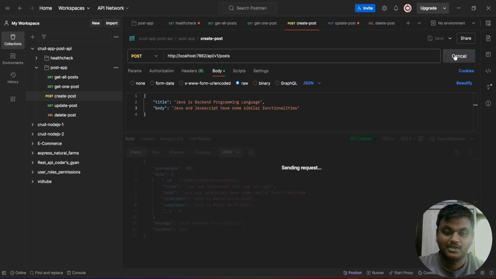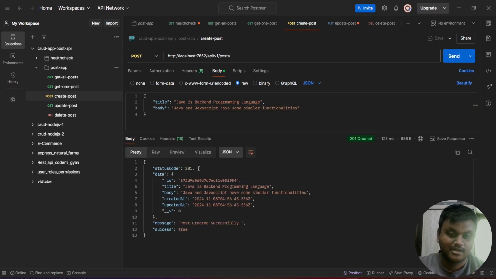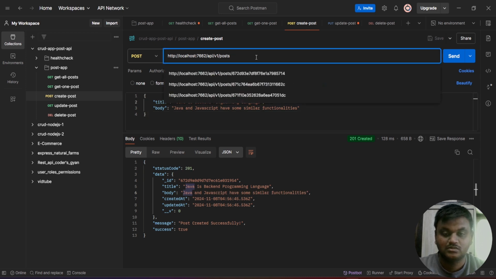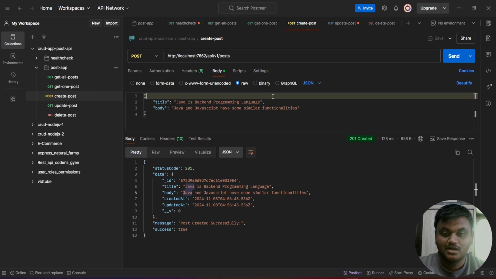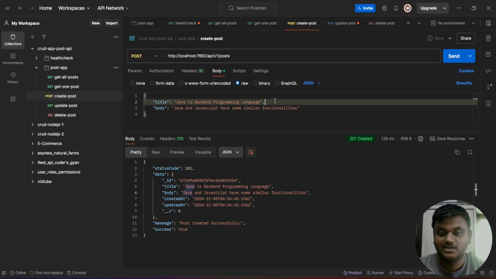If you click on the send button, see, the status code is 201, post is created successfully, success is true, and in the data we got the ID generated, and the title and body part are the same. If we click once again, leaving the same title, and click on this send button,